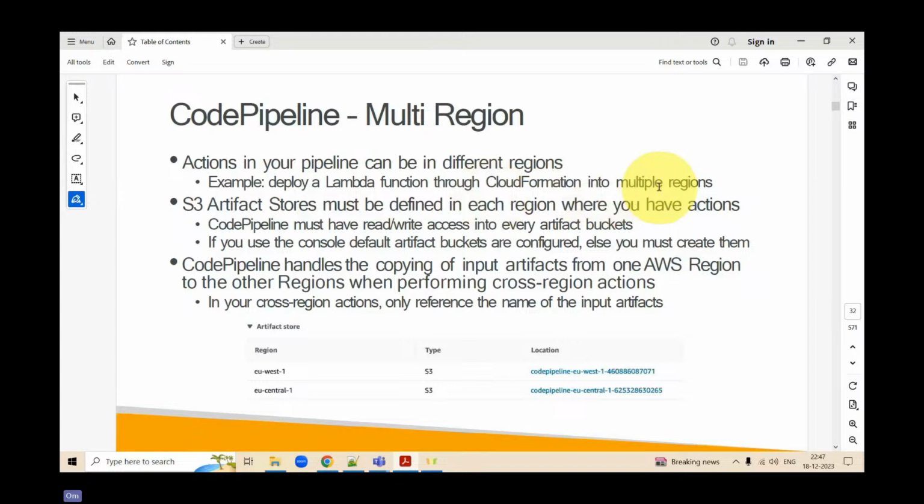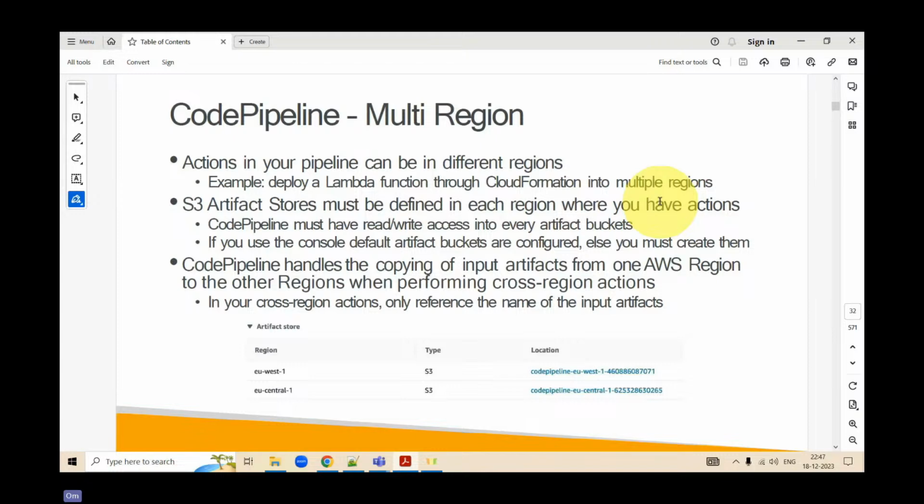Now, in all cases, if you're deploying your Lambdas in multiple regions, you need to store your S3 artifacts in each region where you want to deploy. Assume that if you are deploying in North Virginia, then your artifact should be in a North Virginia S3 bucket. If you are deploying in Ohio, then your artifact should be in an Ohio S3 bucket.